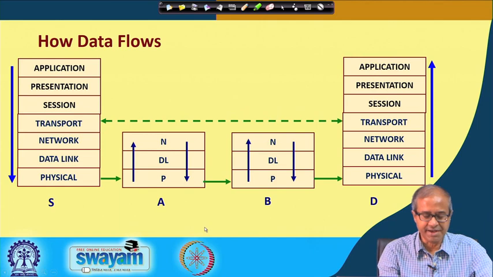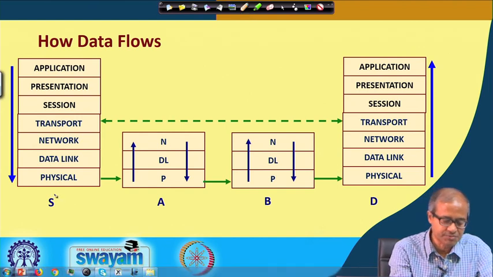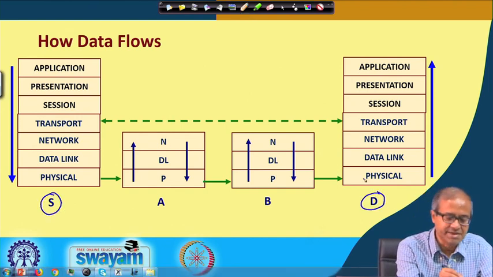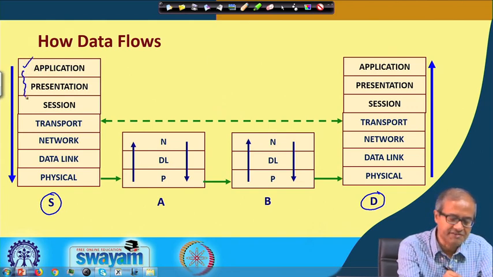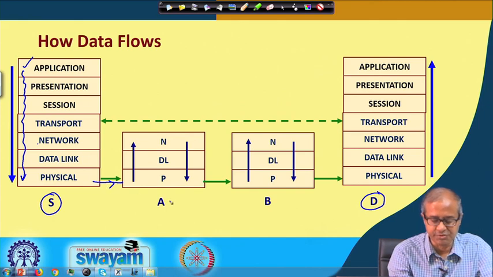Now, the way data flows can be clear from this picture. You see, this is the source, this is the final destination. So, the data starts from the application, it flows through these 7 layers, application to presentation to session to transport, network, data link, physical, and once it reaches the physical layer, it actually gets physically transmitted to the next node